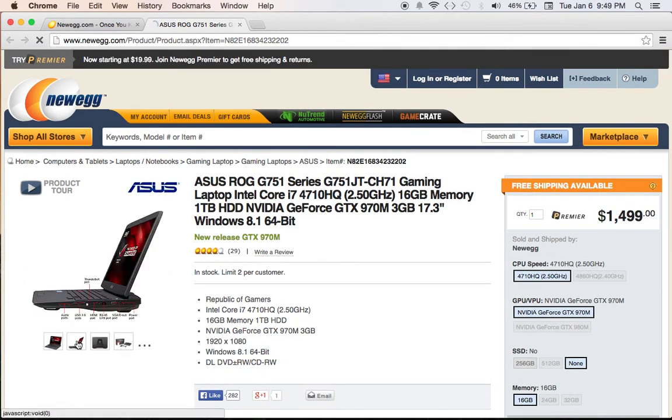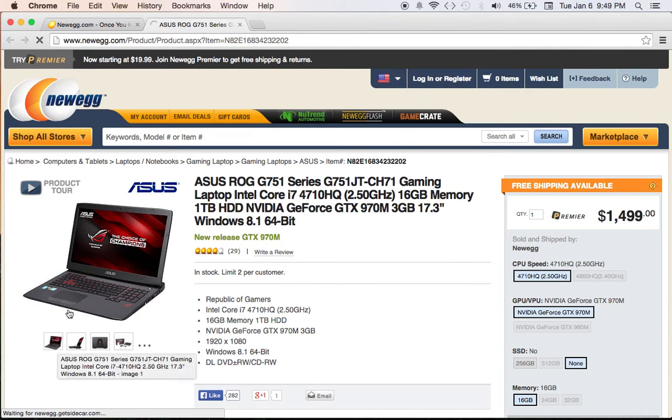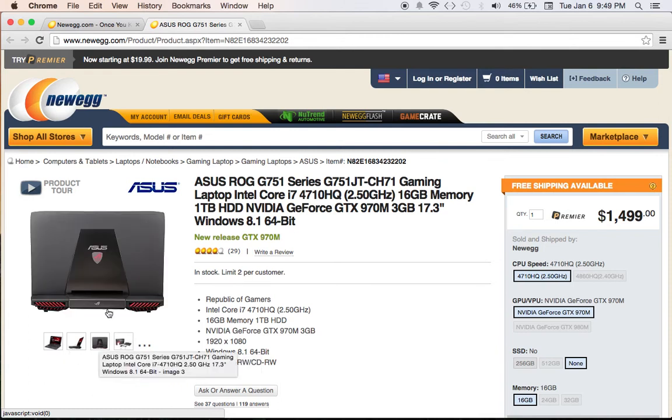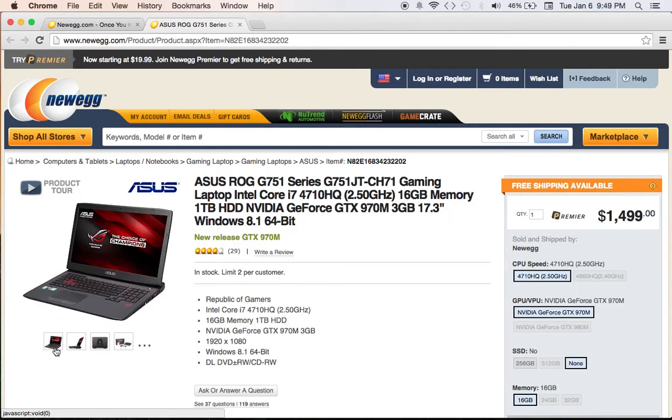It's a little bit flashier than the previous generation. It has more red accents, and the back exhaust fins are red as well. This back shield is a little flashier. But it is a big laptop, a desktop replacement. Now the 970M compared to the 870M, it does have a pretty good performance boost. I think it is like 25 to 30% improved performance over the 870 while running cooler. So, if that's worth the extra $300,